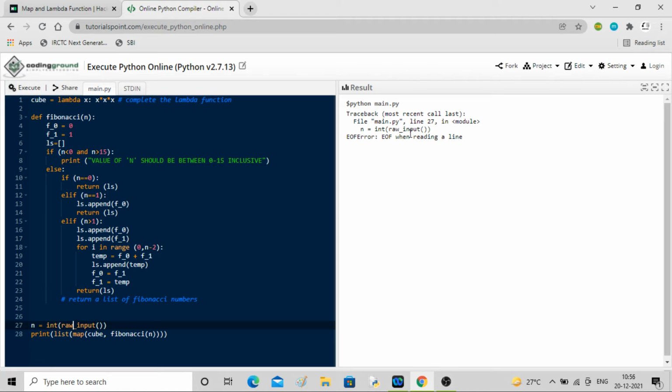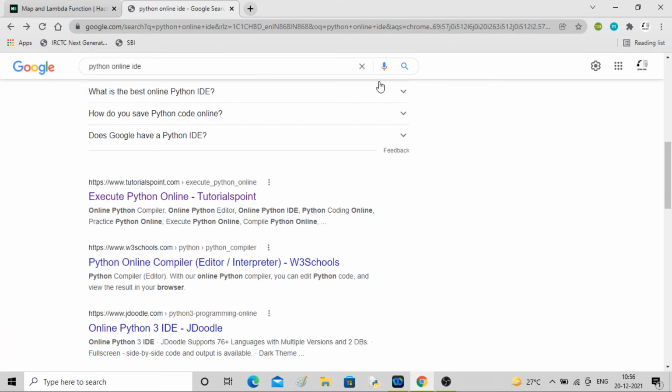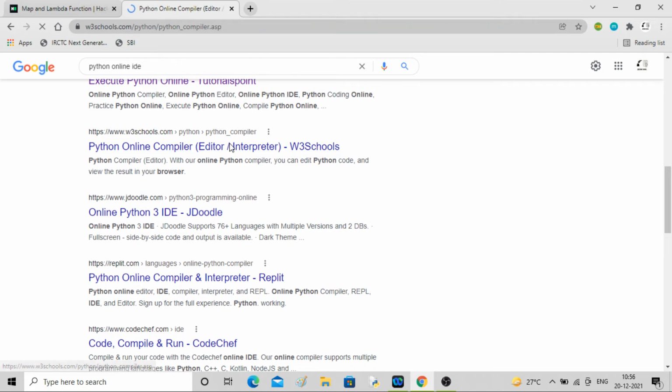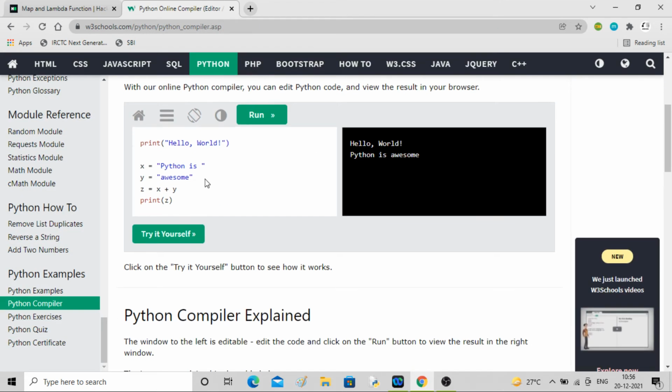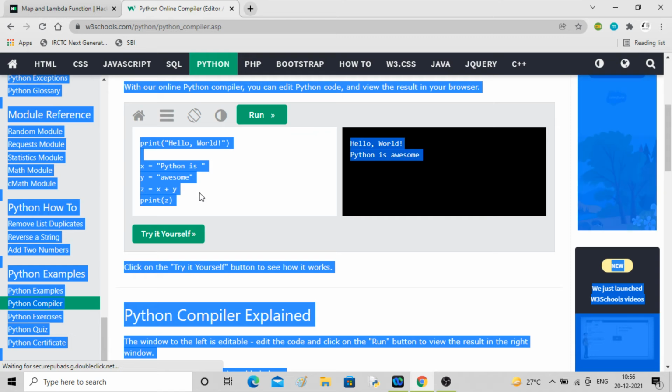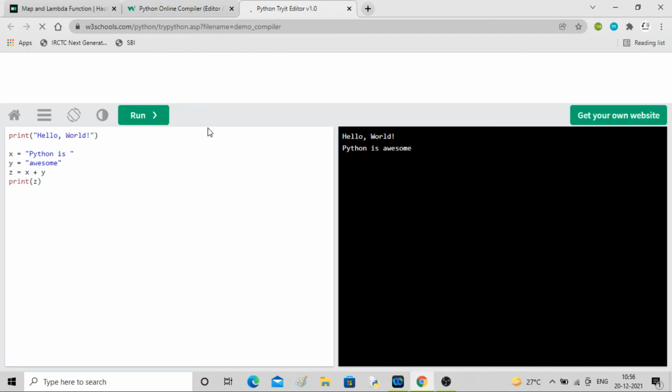Traceback, EOF when reading a line. It's correct, no? EOF. Let me use it here.